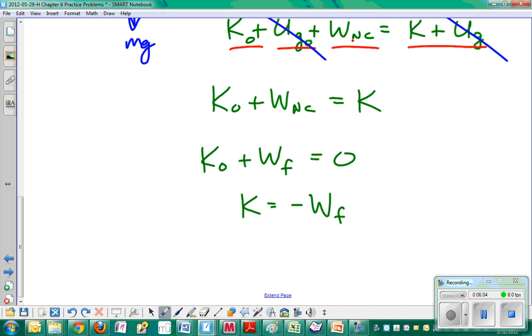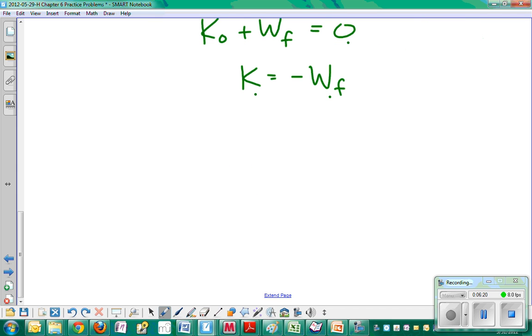What does that mean? Kinetic energy is going to be equal to the work done by friction. If it comes to rest, then the kinetic energy at the beginning has to be equal to the work done by friction. Does that make sense? All right. So how do we define work done by friction? That means that the kinetic energy has got to be equal to the negative of the work done by friction, which is just